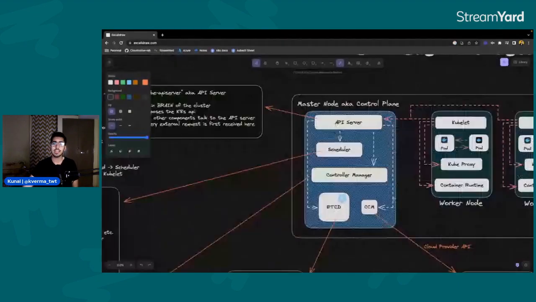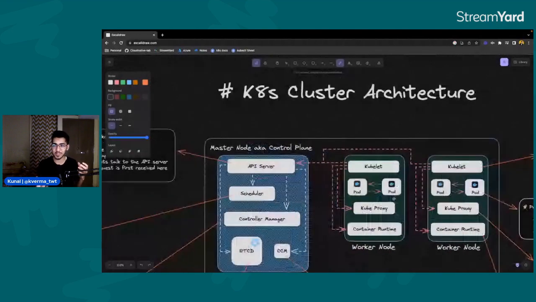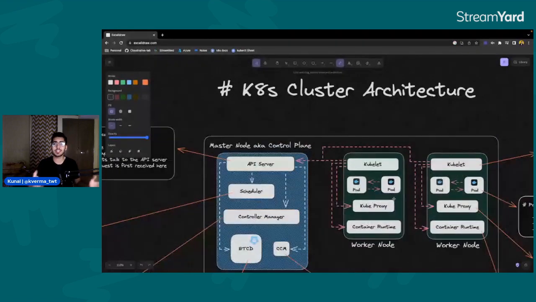Okay, now time for the main crux of this video. What I want to explain to you is the K8s cluster architecture. So why is it called K8s? Because if you spell out Kubernetes, there are 8 letters between K and S. That is why the K8s name came into being. But okay, forget about that. Let's understand when someone tells you, okay, this is a Kubernetes architecture, or a Kubernetes cluster, what do they exactly mean?